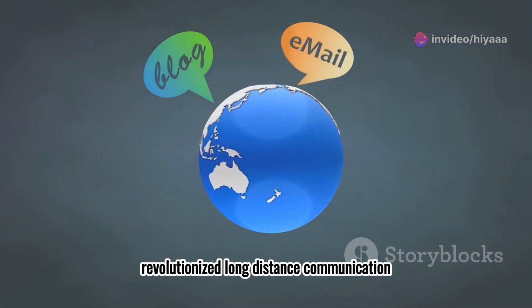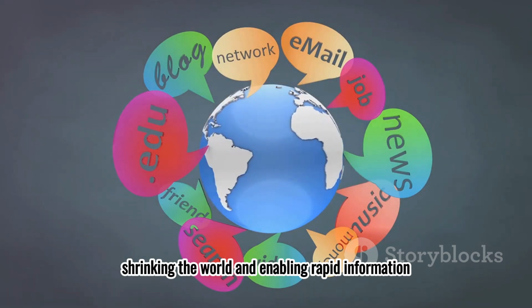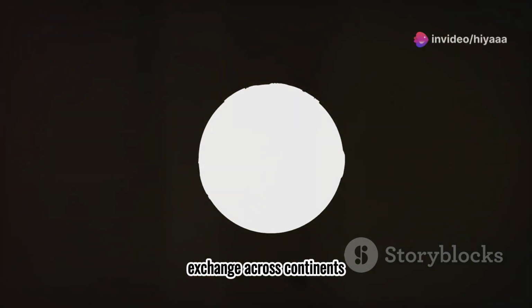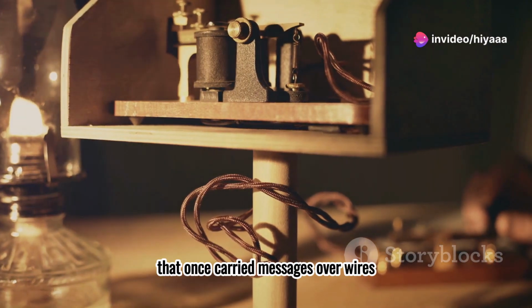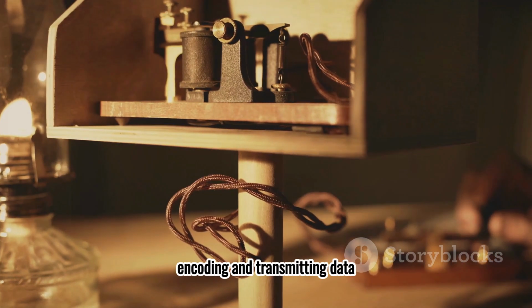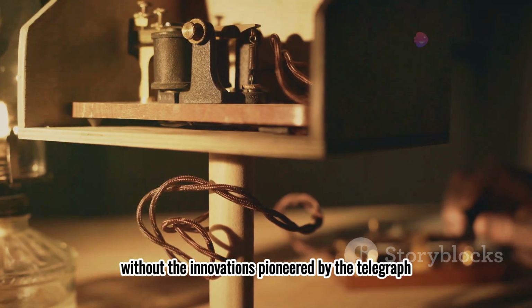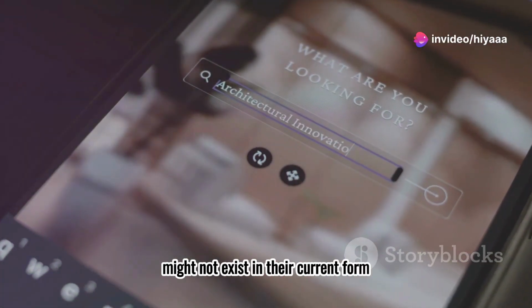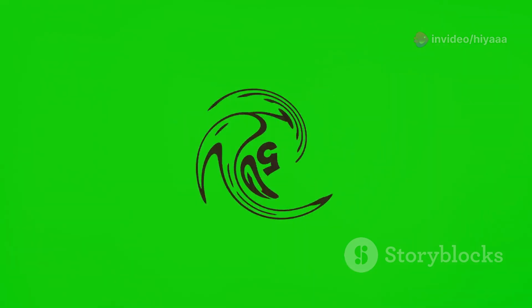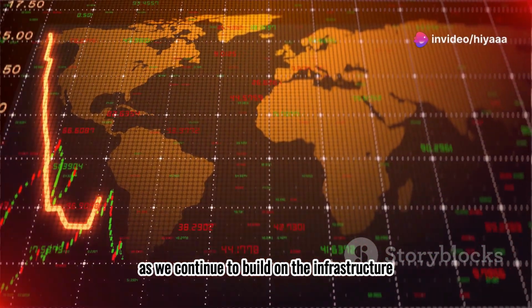Its development revolutionized long-distance communication, shrinking the world and enabling rapid information exchange across continents. The system of dots and dashes that once carried messages over wires became the foundation for encoding and transmitting data in various forms. Without the innovations pioneered by the telegraph, modern tools like the Internet and mobile phones might not exist in their current form. Its impact on global communication, commerce, and even politics is still felt today, as we continue to build on the